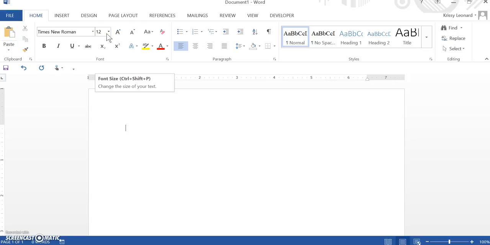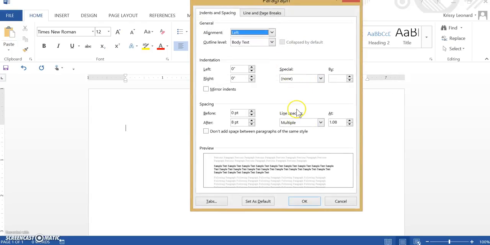Another one of the features that they want you to use in terms of MLA or APA formatting style is going to be your spacing. So the other area you have here is called paragraph. Again, you can choose the bigger option to get the overall dialog box. And if you look here, you'll see there's indentations, you'll see there's spacing, and then line spacing.